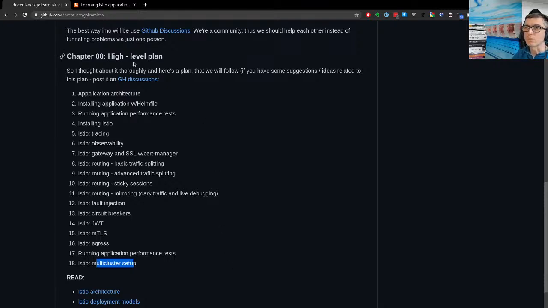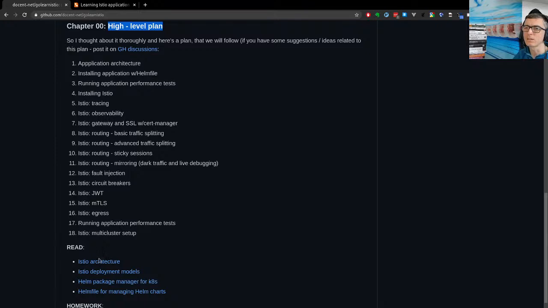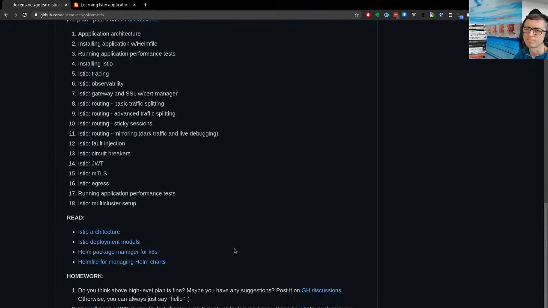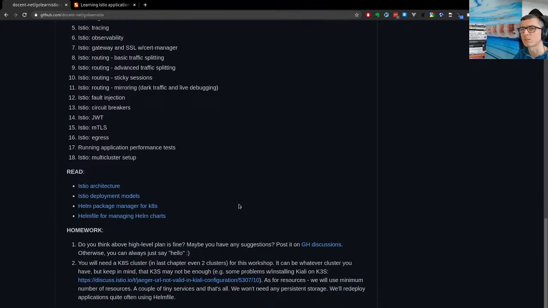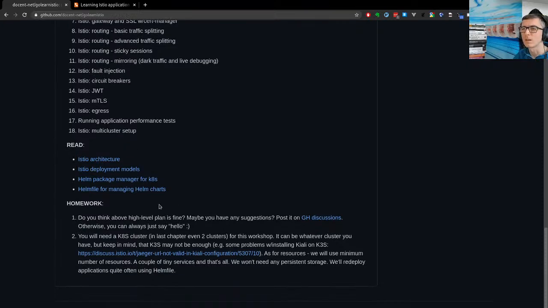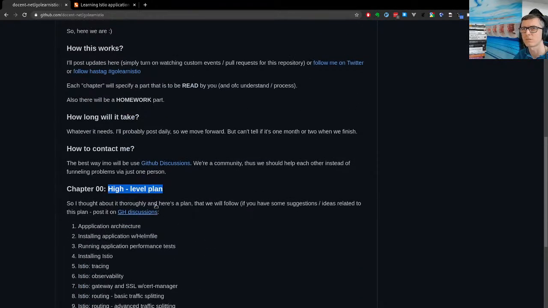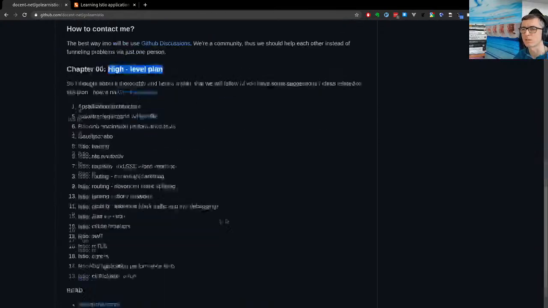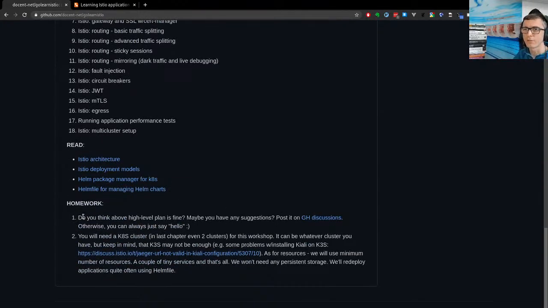Okay, so this is all about the high-level plan. Here are some readings for you. It should help you if you don't know what Istio is all about, and you don't know its internals. So, nice readings. Also, there is some reading about Helm charts, and this is also about reading a Helm file. As I said before, I'm going to put it here, but I already did. So, nice. And for homework,